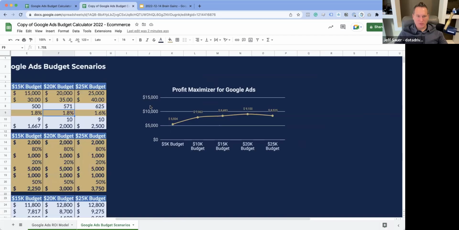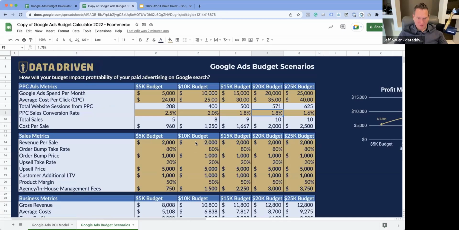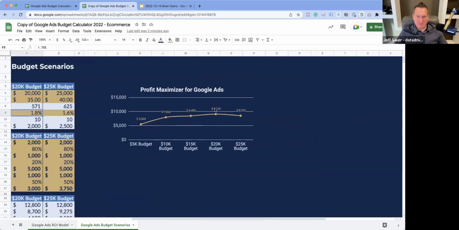So we have this, what we call the profit maximizer, which is sort of just giving you an idea as to what spend do you think we're going to get the highest profit. It's interesting, when I work with various people and various companies, it's not always the most money that gets you the best return on investment. A lot of times you want to optimize for spending more money because it lowers the agency fees a little bit, because the more you spend, the lower percentage your agency fees are. However, even with that factored in there, it still might not be the most profitable thing you do.